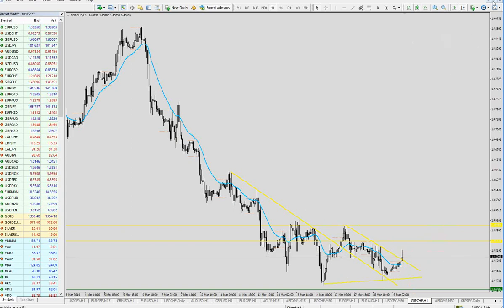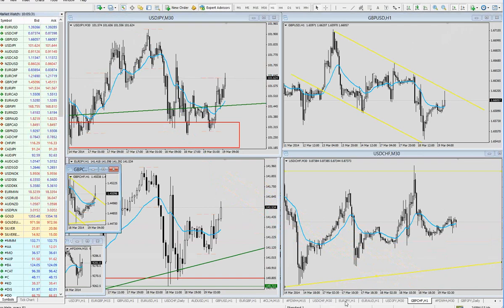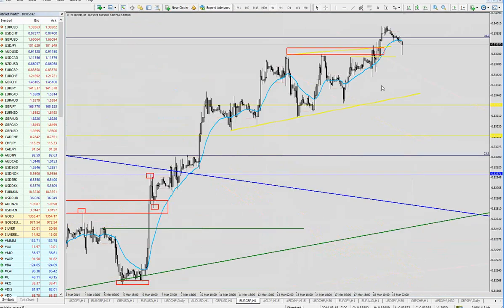Okay, still staying within the British pound this time. Euro British pound. Just one moment. Most probably you do remember my comment from last week. I was looking to sell around the current level. It was 83.60 more or less, or around 84. I took the short twice. I've been stopped out. I've been stopped out here,